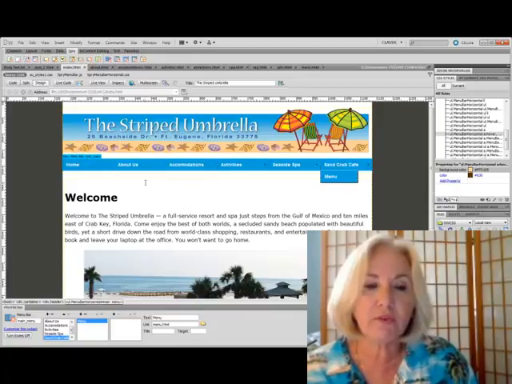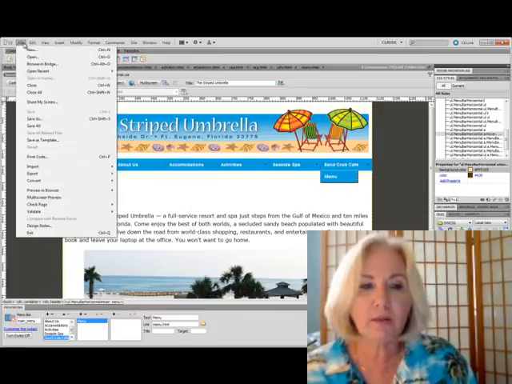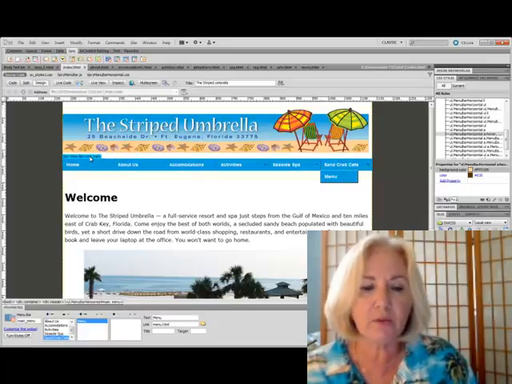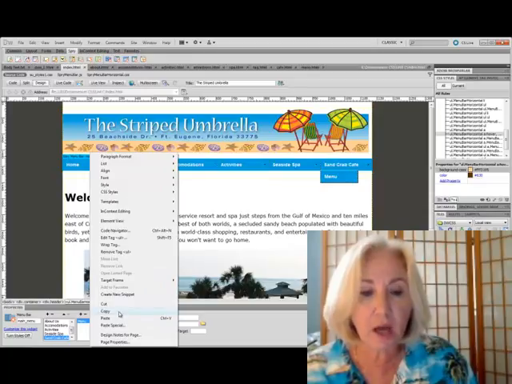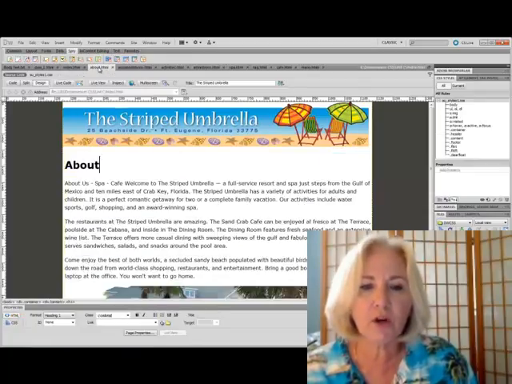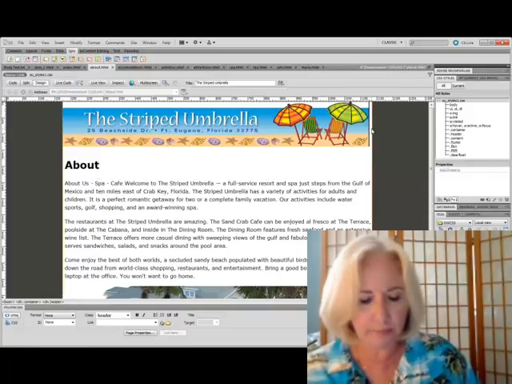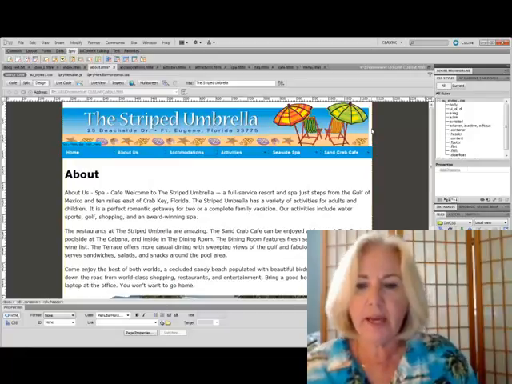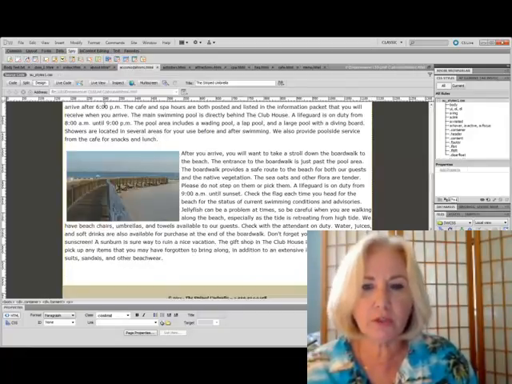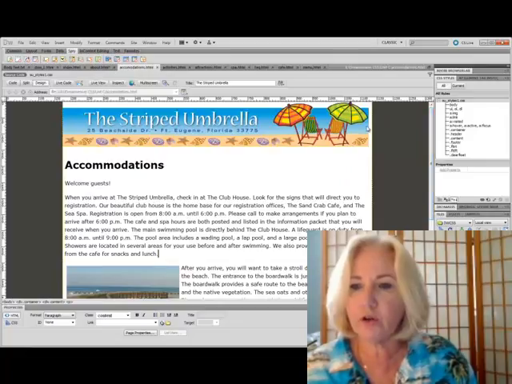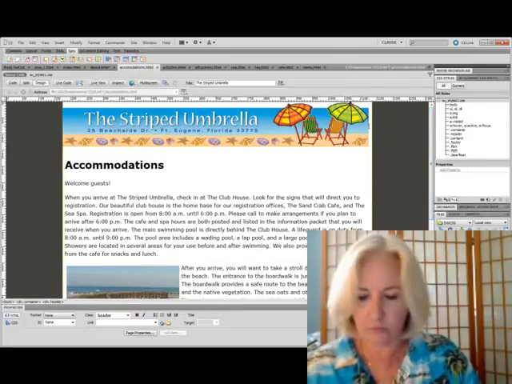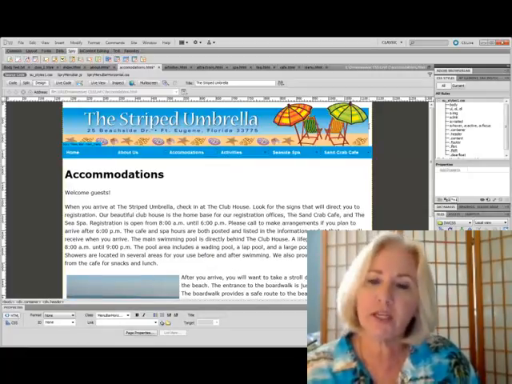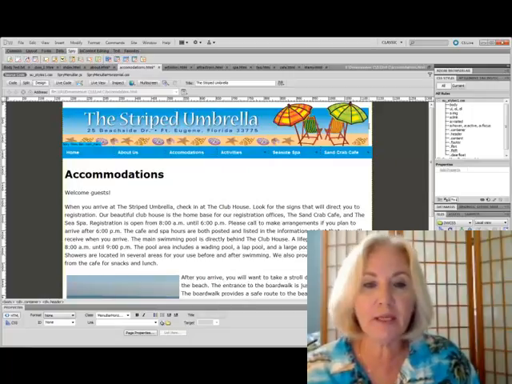Now the one thing is, we've realized that we've got the index page saved, but the part we have left to do is we just need to take this spry menu. We can right click on it and copy it, and then we can go to each one of our other pages, click in, insert our menu, and then we're good to go. So we can just go to each page, insert our menu, and we're good to go, and so forth. So you can go to each page now and just copy the menu, and